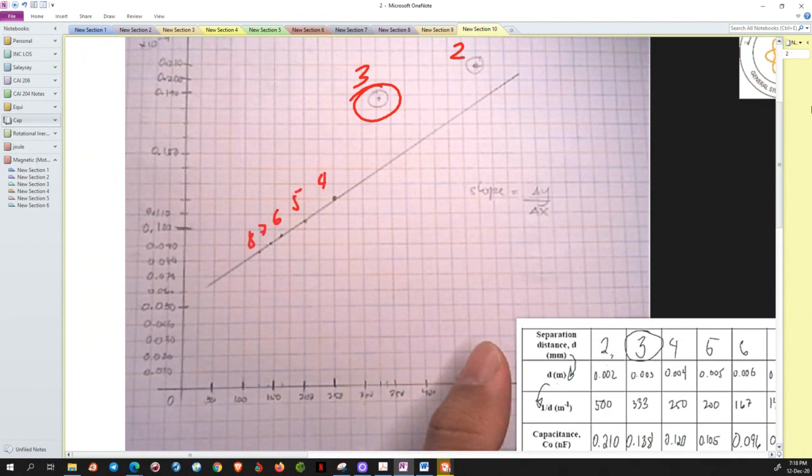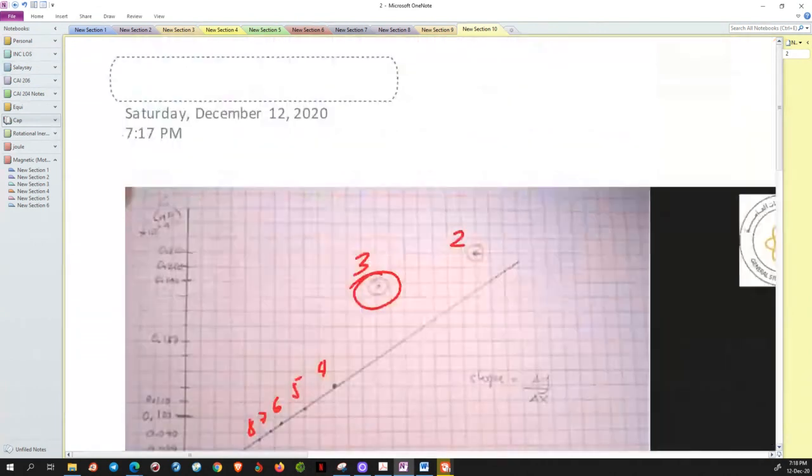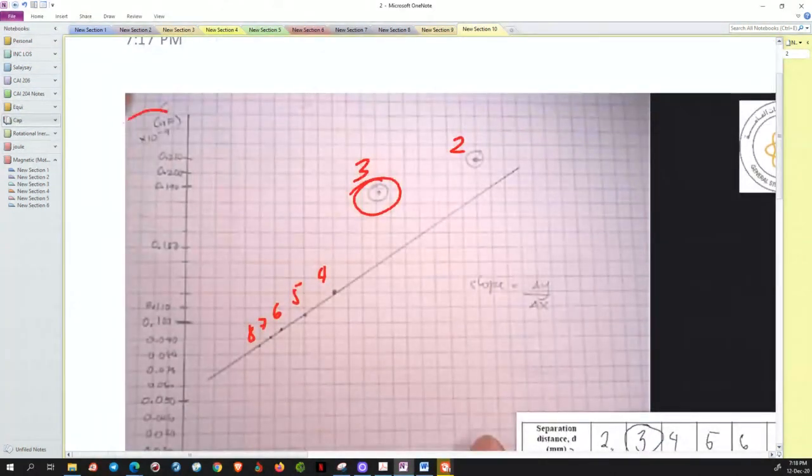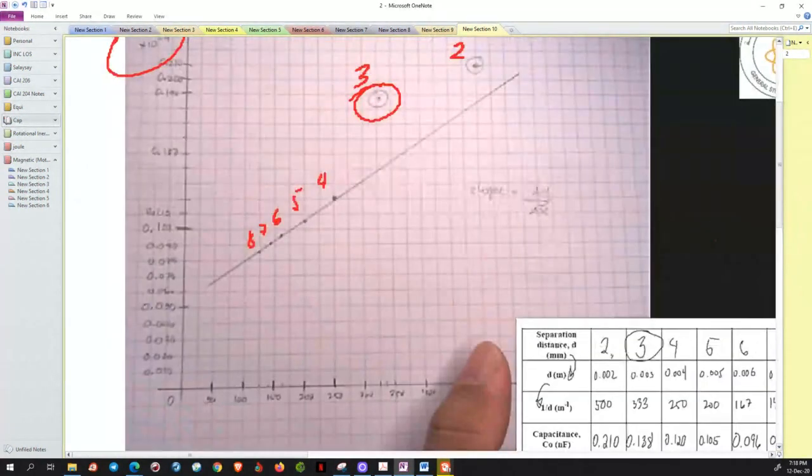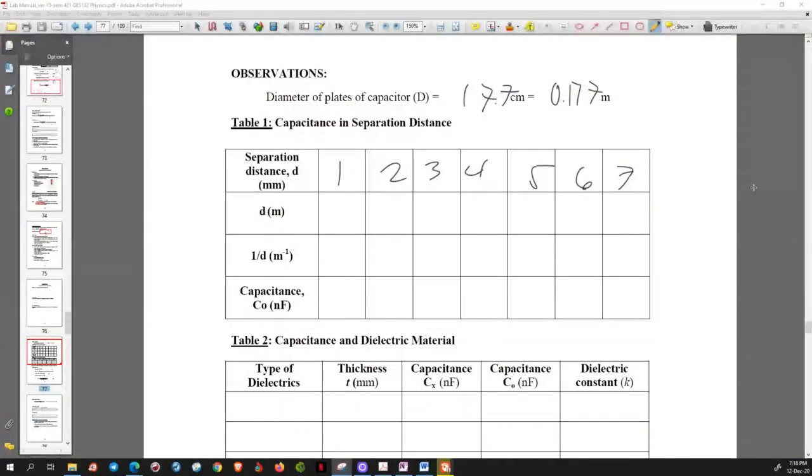Okay. When you make a graph, it's important for the capacitance that you write the unit here. Nanofarad, that means times 10 raised to minus 9. And the unit in the x-axis is, of course, meter raised to minus 1. Okay? Now, here, the trick is that first, let's go to the data sheet. Fill all the information. This is the millimeter value. In meter, divide by 1,000. So 0.001,